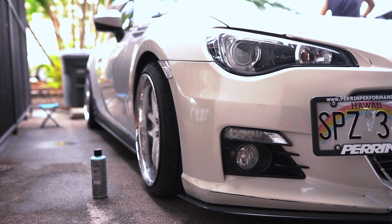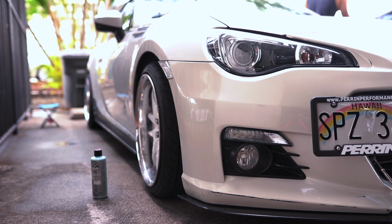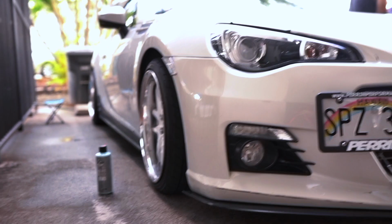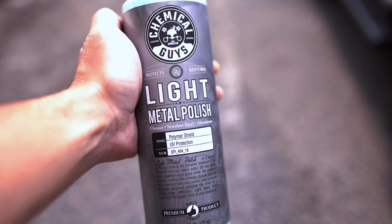Alright, so the car was too low, so we have to raise it up a little bit. Now we're going to be working on the polish. We're going to be using, so I just bought this from Detail Garage. It's light metal polish. We're going to use this to get rid of